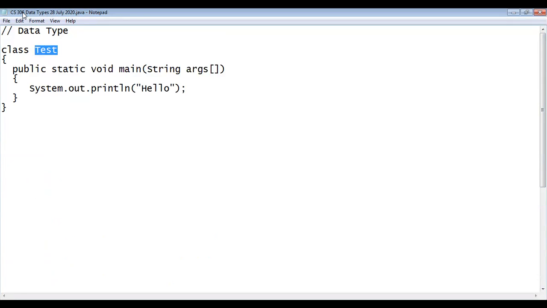Both are different, and it proved that it is not mandatory that your class name and your file name are the same. No, it's not mandatory. The reason why some programmers recommend saving your file with the class name is that it is easy to remember the name of the class in which your main resides.